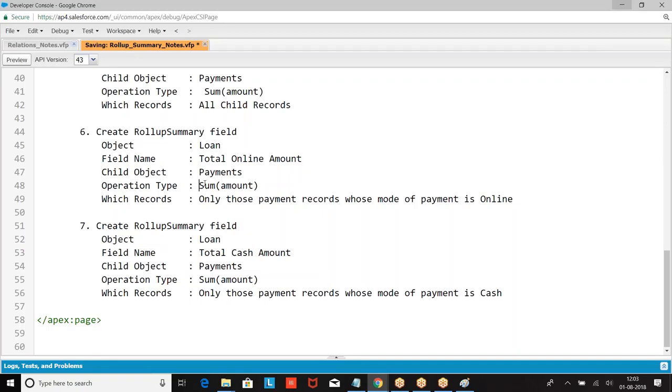Right? So is there any difference in creating this field? No, just choose the data type as roll-up summary, and it will ask you which child object. Choose the child object, and it asks what type of operation: sum, count, min or max. Then it asks whether you want every record or certain records. Specify the condition, then save the record. This is how we have created roll-up summary operations. I hope you are good with this. Everyone is good with this, right? Okay. So that's all from my end for this day.